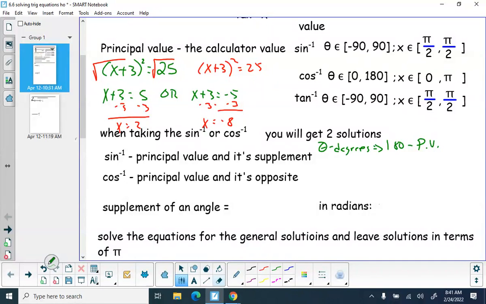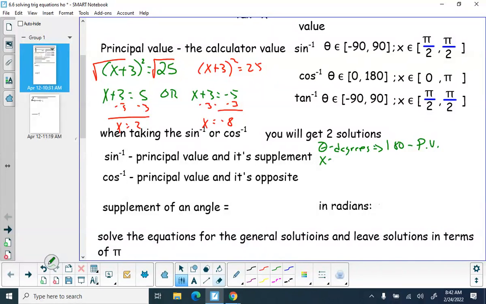If I have an angle of 20 degrees, my principal value is 20 degrees. My supplement to that is 180 minus 20, or 160 degrees. If my principal value comes down to 150 degrees, my supplement is 180 minus 150, which is 30 degrees. But when dealing with radians in x,